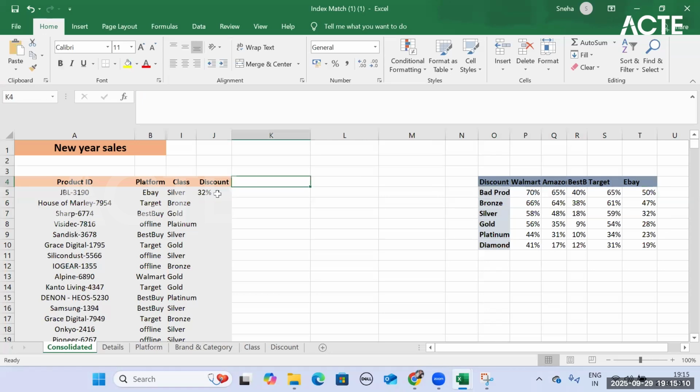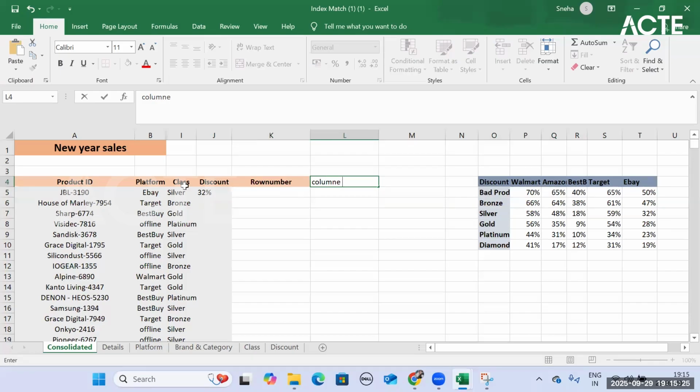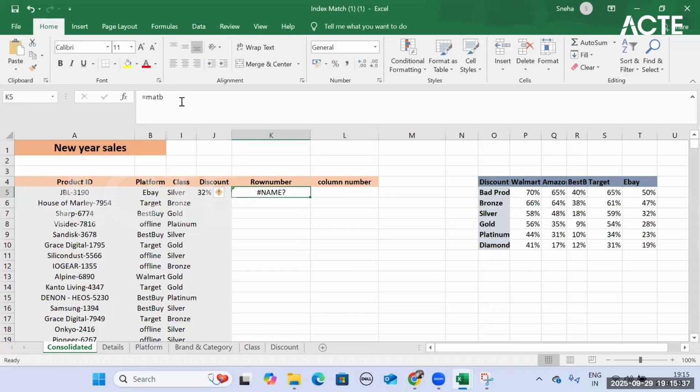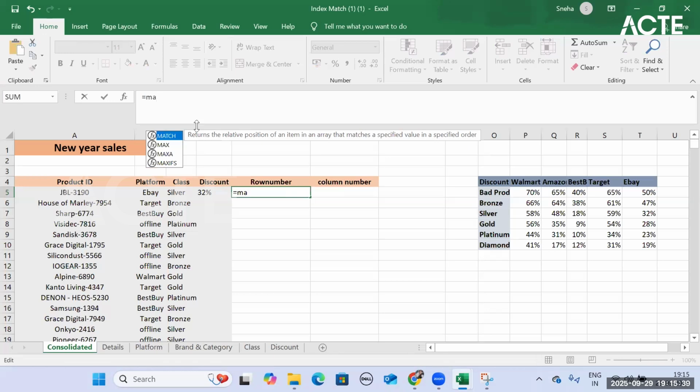How can we automate it? Using the match function. Right? Yes, ma'am. So we need to get the column name, column number and row number. So let's find it. Okay, I have created 2 rows over here. So first, let's use match for getting the row number. Okay, match. What we are getting in the rows, we are getting the